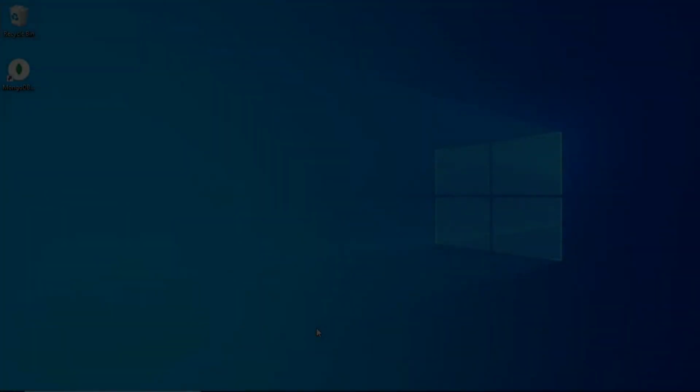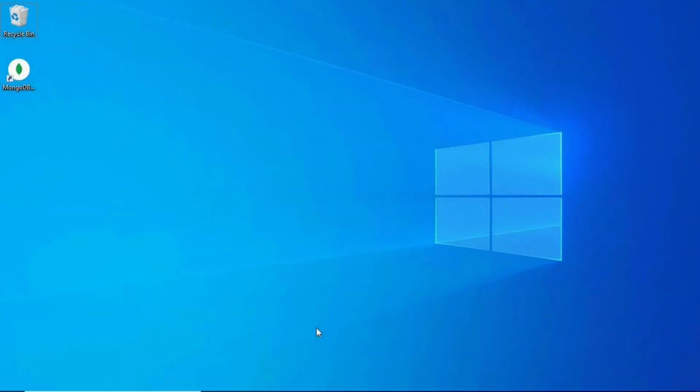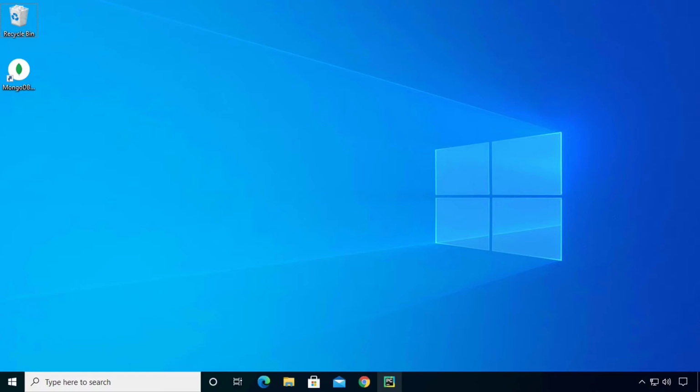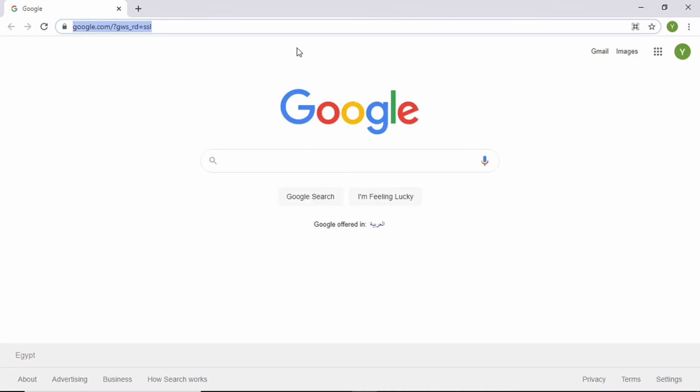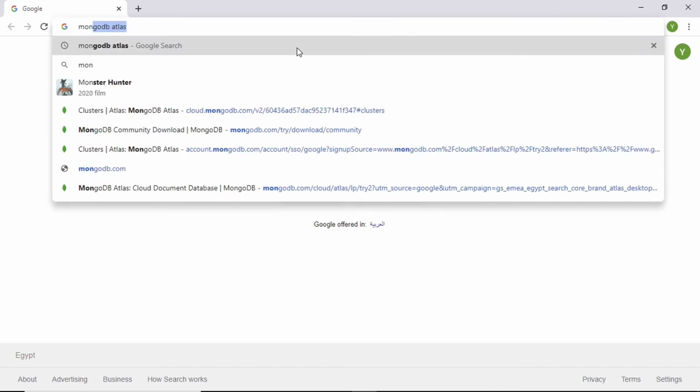Welcome back. In the last lecture, we have installed MongoDB locally on this computer. We have installed also MongoDB Compass, and we have created a Mongo Atlas cluster. So first, let's open our cluster. MongoDB Atlas cluster is a free server hosted on MongoDB cloud. We are free to use MongoDB Atlas, or we can use the local server that we have installed on this computer. Let's first begin by navigating to Mongo Atlas,